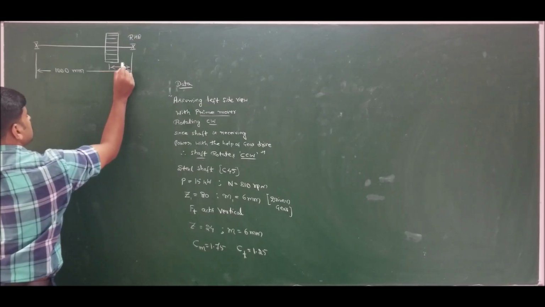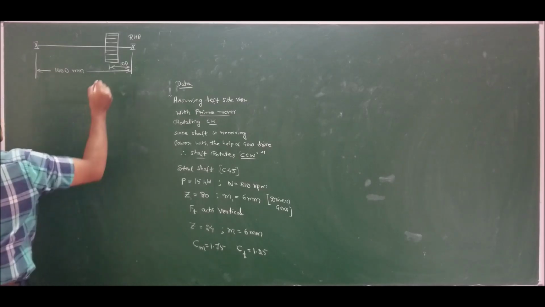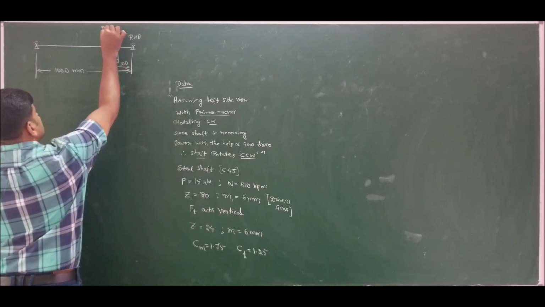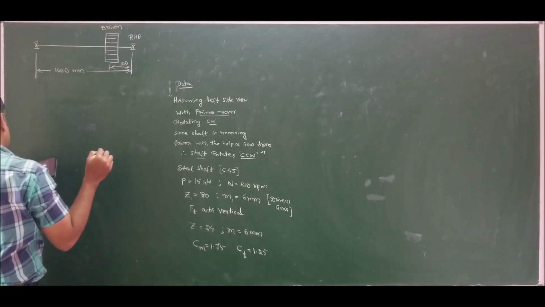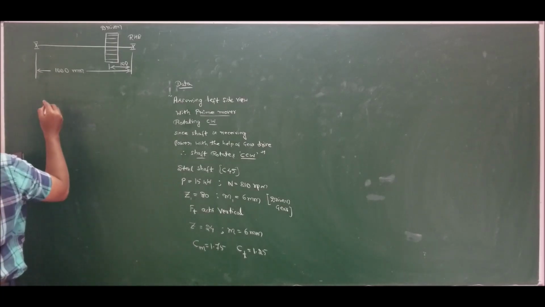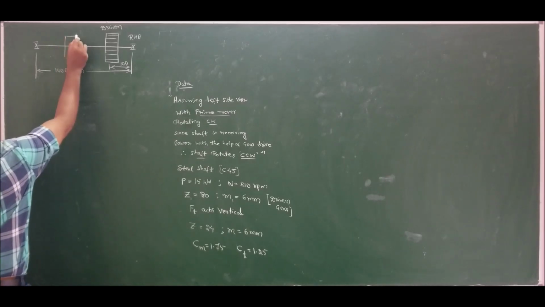This distance is given as 100. All dimensions are in millimeters. This is receiving power, so therefore this is the driven gear, such that the tangential force should act vertical. The pinion having 24 teeth and 6 mm module is located 200 mm to the right of the left hand bearing. At a distance of 200 mm, we have the pinion, the driver,